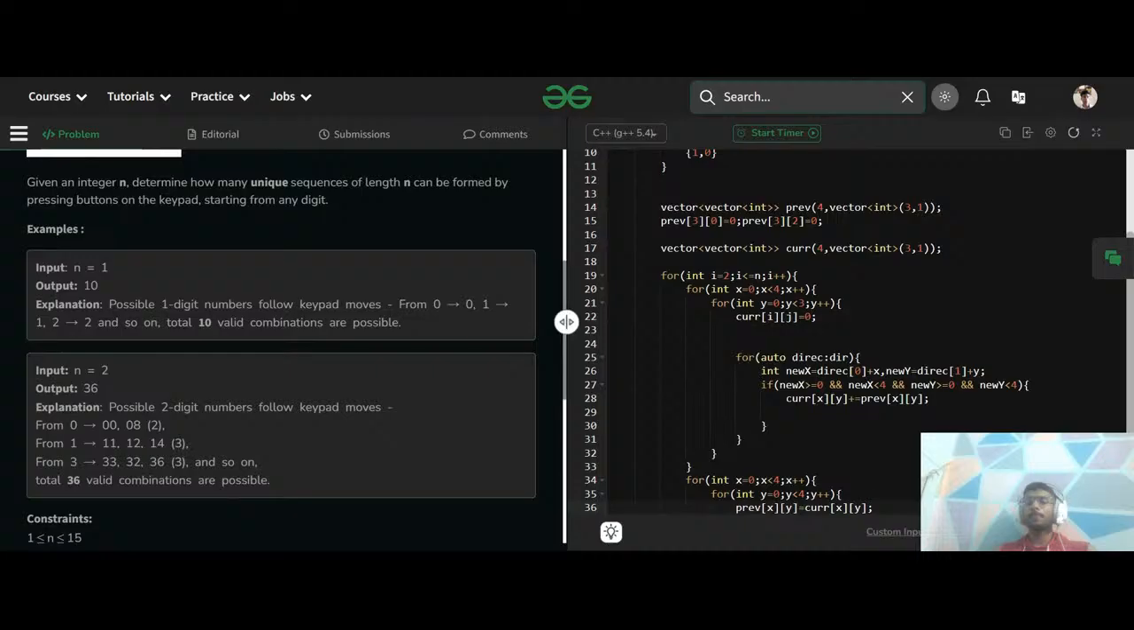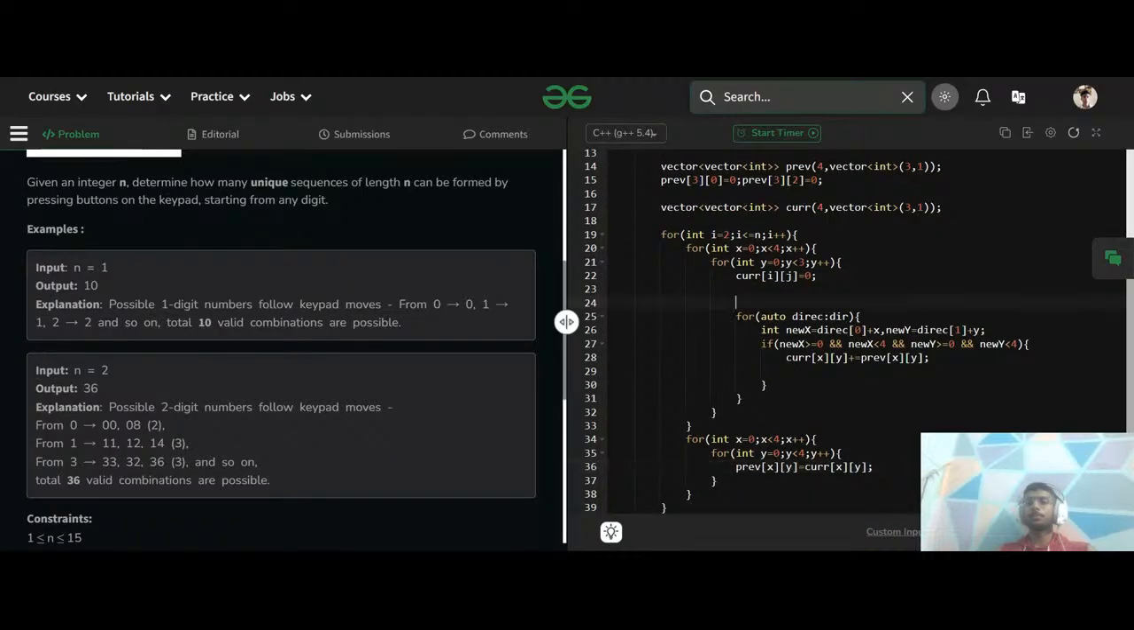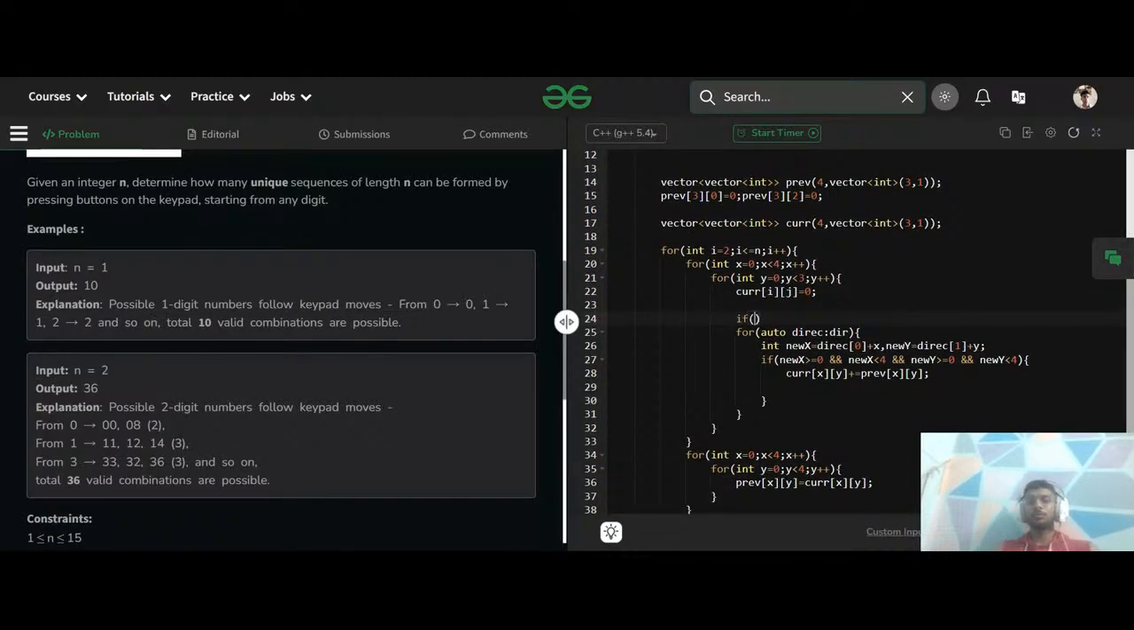One more thing. Here we also have to check if the value of x is equal to 3 and y equal to 0 or y equal to 2, because we have to omit this part, right? Just continue. Okay,